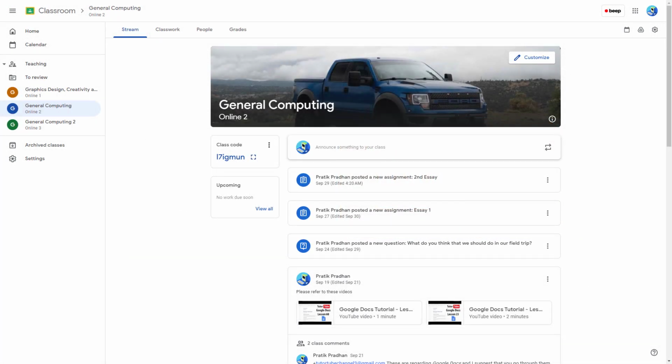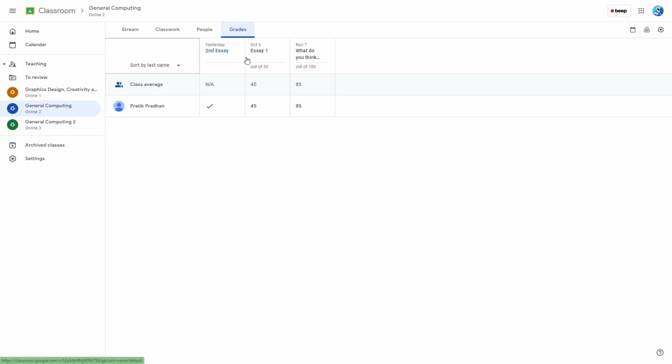So if I were to go over here under the grades section, then you can see that this is what I have right here. You can see that I have marks for SA1 and the "What do you think" assignment right here. I got 85 in this one and 45 in this one, but you do not know the average of these